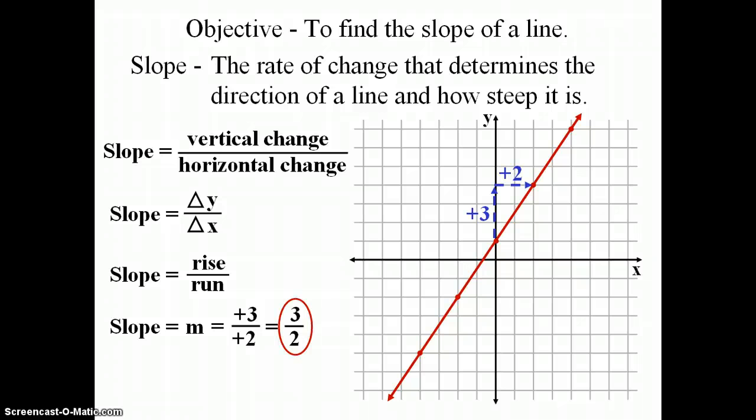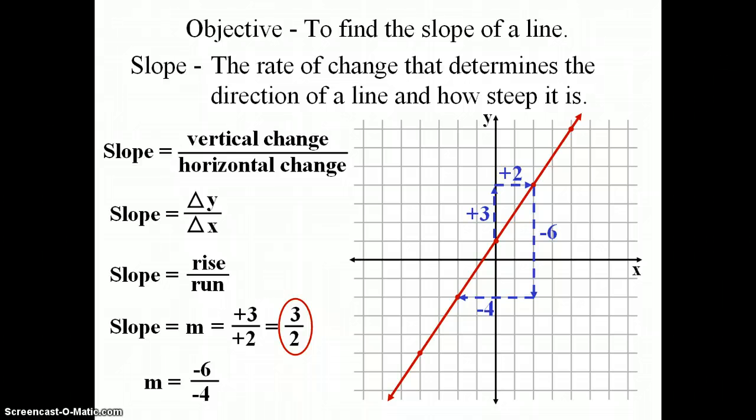I could actually choose a point maybe at the very top and go down to the point down here. And if I do that, then I'm going to go down 6, and down would give us negative. So that's our rise, negative 6. Then we're going to go to the left, and if I count correctly, I will go to the left 4. So left is actually negative 4. And what I'm going to get is this fraction negative 6 over negative 4, which actually, if I simplify it,